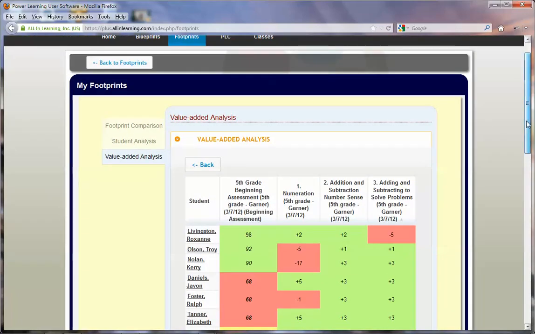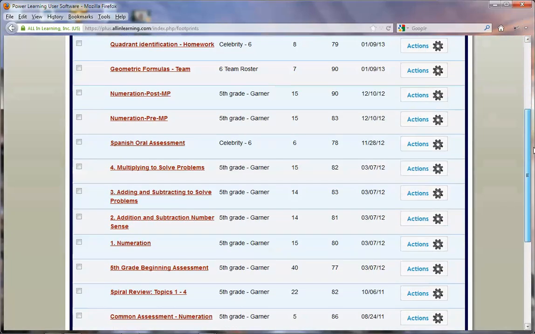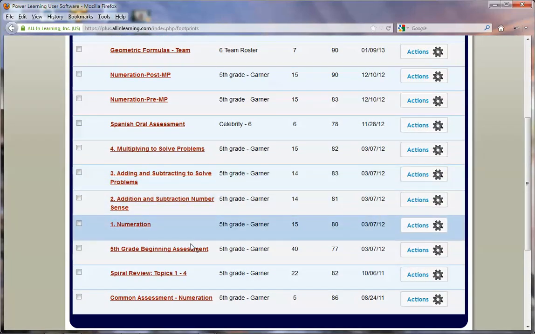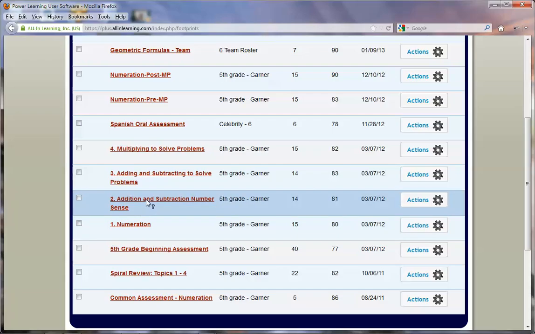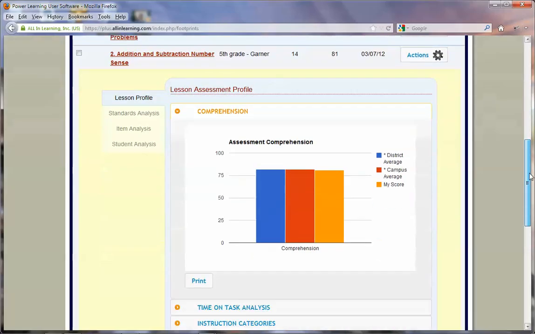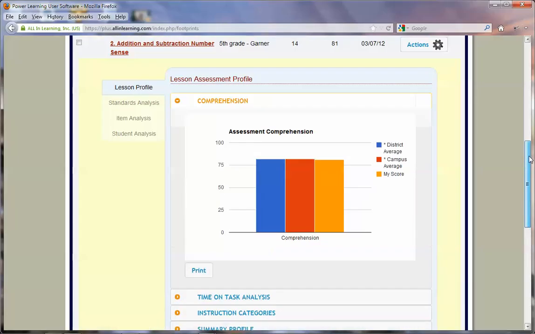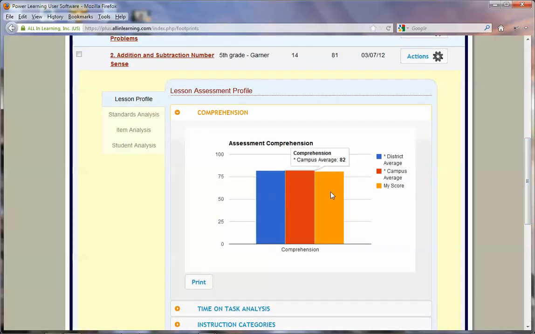So that's an example of using the aggregation part of this, and basically now I can move back to my footprint and I've got that particular session. I can also look at these by themselves, so I don't have to aggregate them. So I can just go in and look at this second topic that we did. I can see how my class did. This was a common assessment. I can compare it against the other teachers at my campus, and if it's done district-wide, I can compare it against the district average. So this first chart gives you the ability to look at your students compared to other